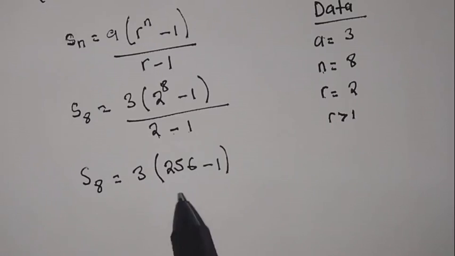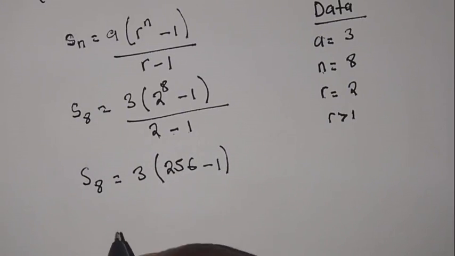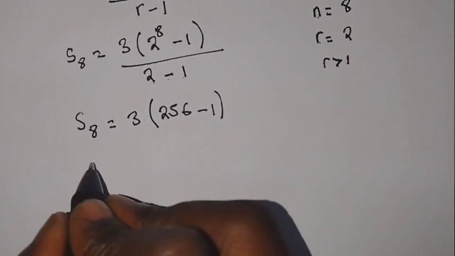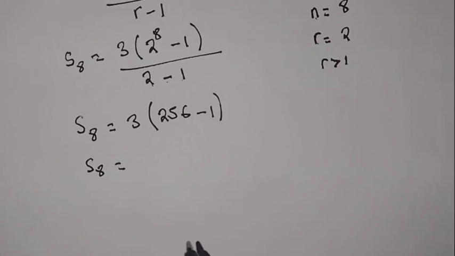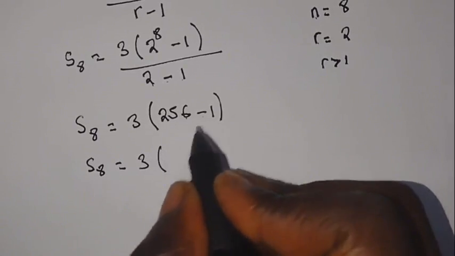If you divide by 1, you still get the same thing, because 1 into this numerator gives the same numerator, so there's no need to divide. So just work out what is in brackets: S subscript 8 equal to 3, open bracket, 256 minus 1. This will give us